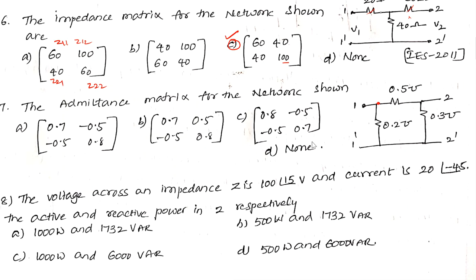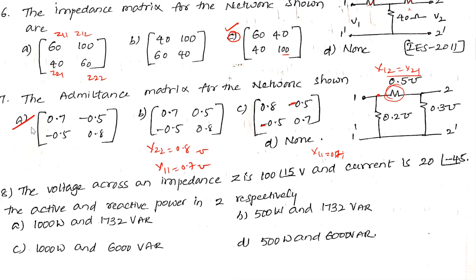Now what about y11 here? So y11 you got as 0.8, and y22 you got as 0.8 here. Y11 is nothing but 0.7 here, sorry. Y11 is 0.7. Okay, like this. Now what about this element here? It's nothing but y12 equal to y21. But in the matrix form representation, it will add one more minus sign here. Okay, so the option is 0.7, 0.8, minus 0.5, minus 0.5. So answer A will be the correct answer here.